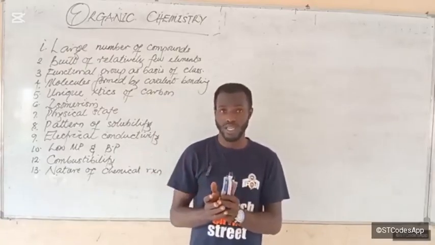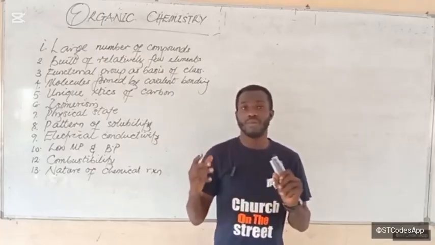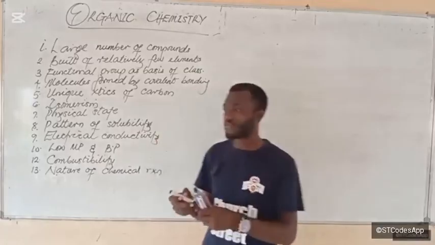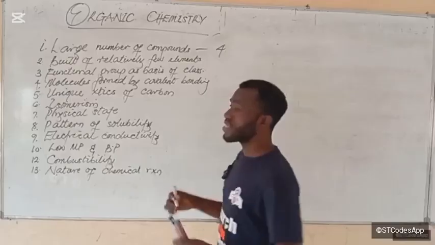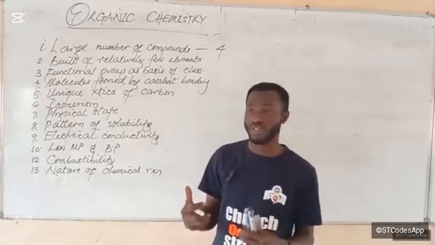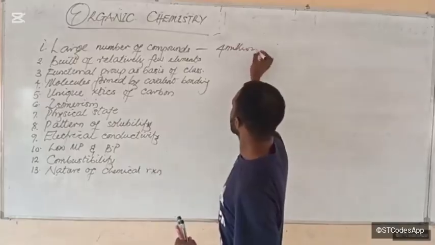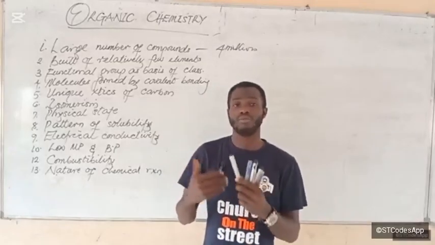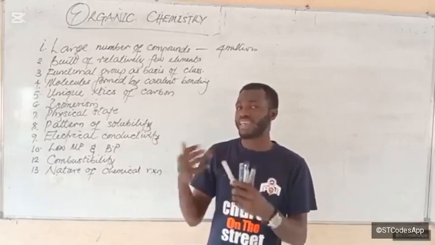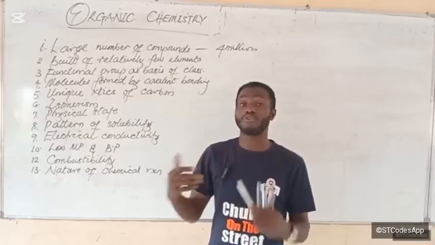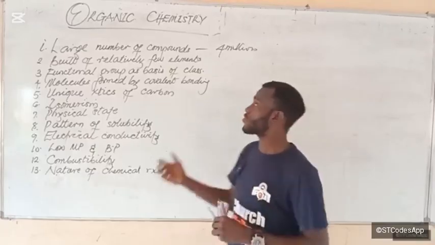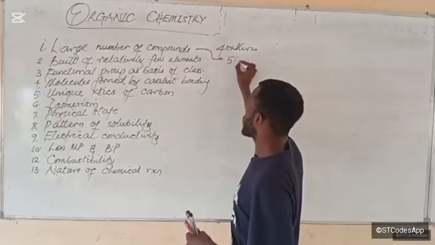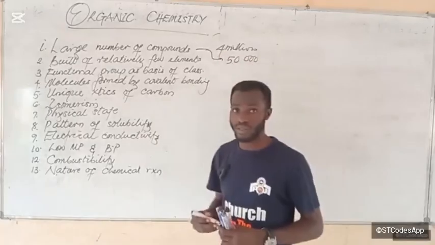Organic compounds are so numerous that more than 4 million compounds have been synthesized in the laboratory, and it is believed that many more such compounds still exist that have not been synthesized. But if you look at inorganic chemistry, just a little bit above 50,000 compounds have been